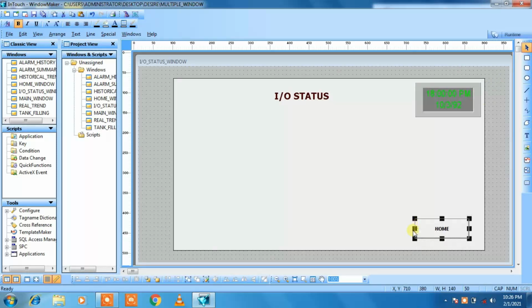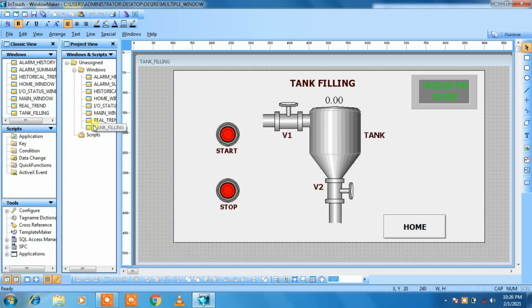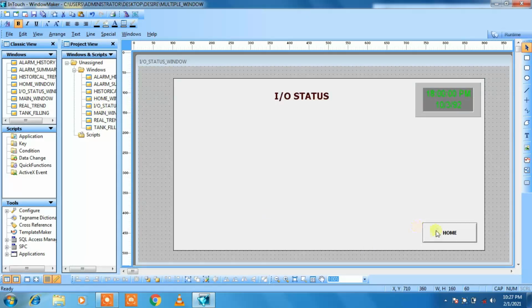I want my home button over here, so let me check the home button location on my tank filling. It is at right hand side. So let us arrange it properly. So here it is. Then in IO status it is at this location. Let me increase the font size.